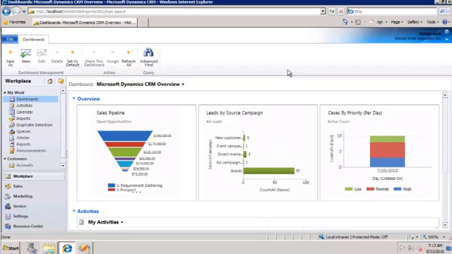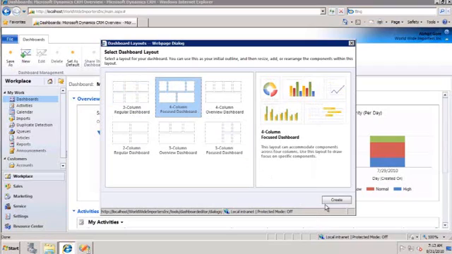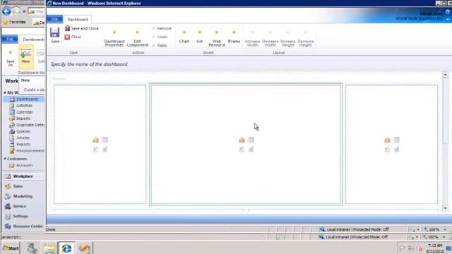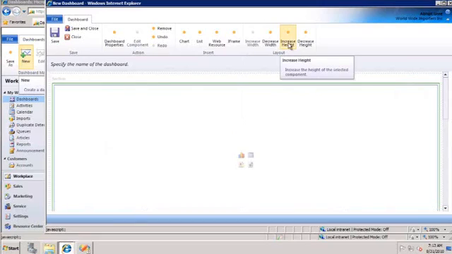In CRM 2011, we have a new feature known as dashboards. In dashboards, you can embed charts, you can embed grids, you can embed web resources, and I'm going to show you how you can embed a report inside a dashboard. So let's create a new dashboard and pick a layout. Say create, which launches the dashboard editor. And since I want my report to span the whole page almost, let me create it,